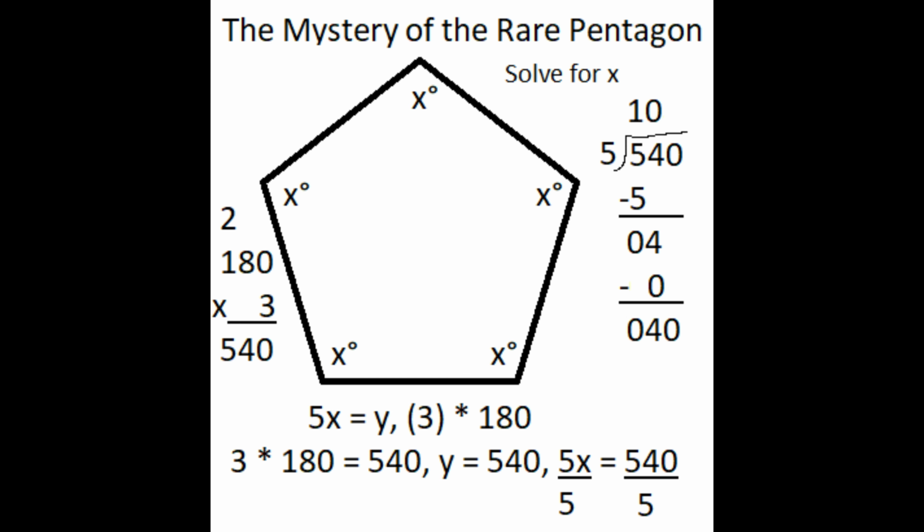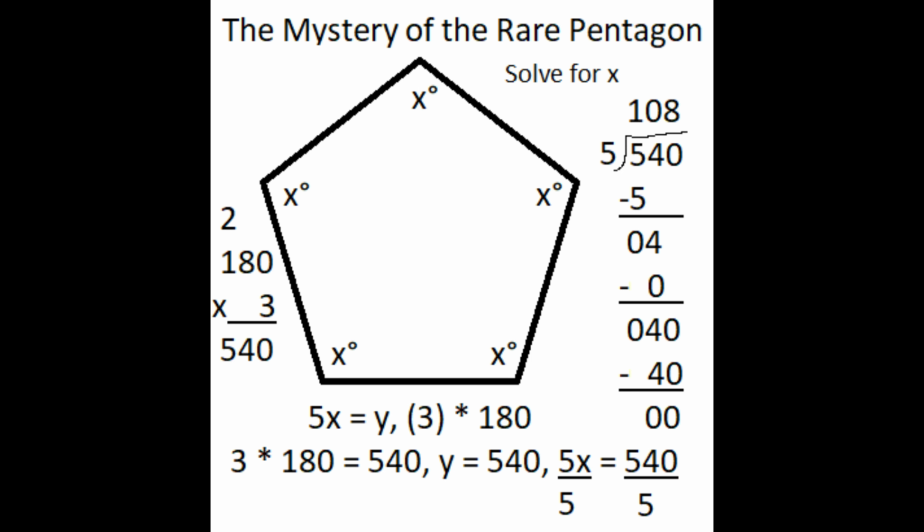The divisor of 5 gets used again. How many groups of 5 go into 40 or 0, 40? The answer is 8, and that goes in the quotient in the ones place. However, even though I have the ones place of the quotient, I'm not done, as I need to do a remainder check, as I haven't confirmed that the answer is 108 even. The 8 from the quotient gets multiplied by the divisor of 5, which gives me 40. This 40 gets set up to be subtracted from 40. The ones column gets subtracted first, then the tens column, and then the hundreds column, which gives me my answer of 000